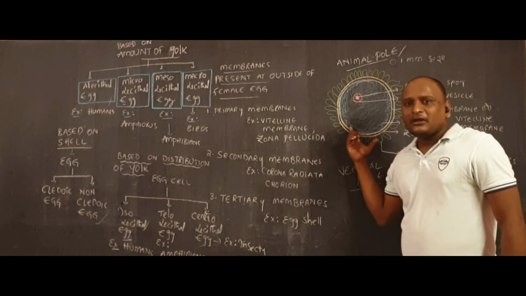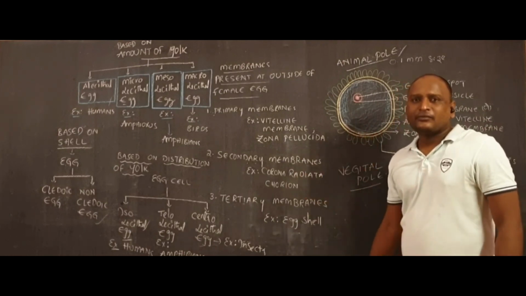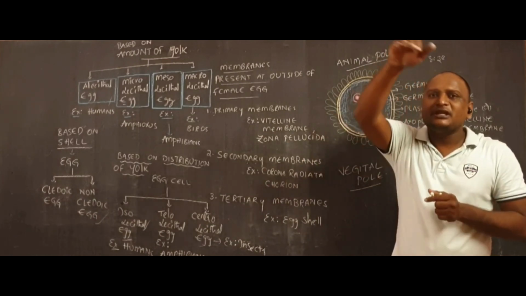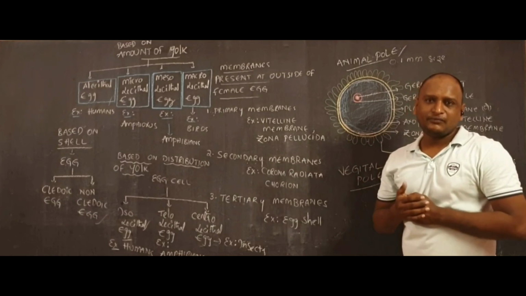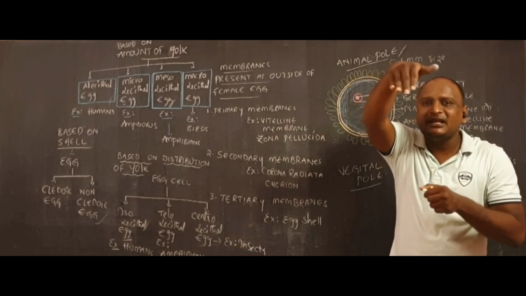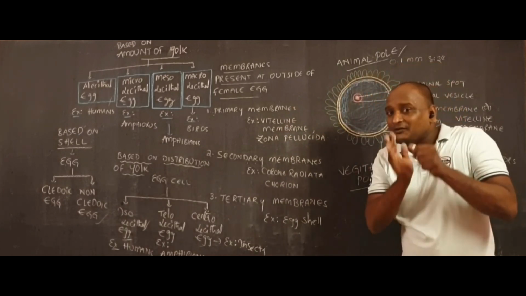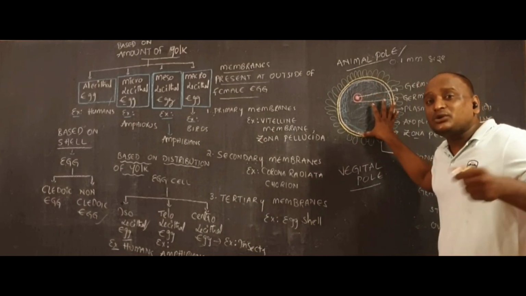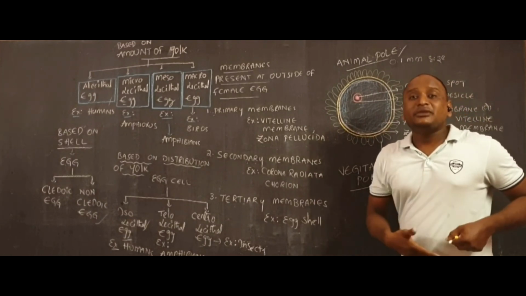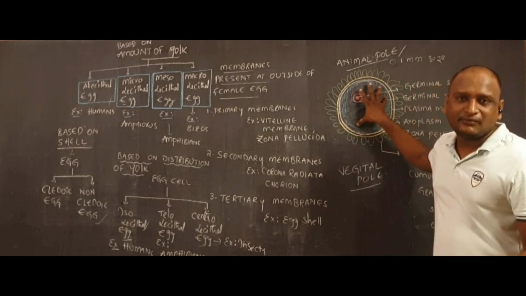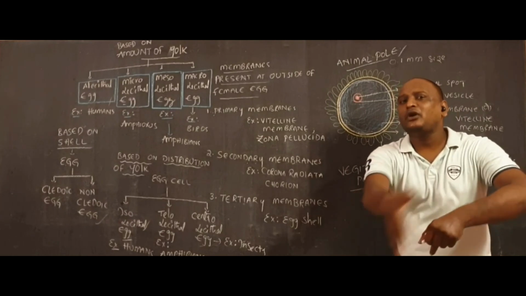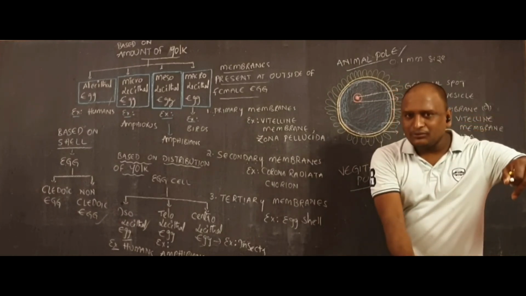And then it travels from the Graafian follicle or ovary into the fallopian tube and uterus. When it is traveling from the ovary to the fallopian tube and then into the uterus, first this egg will be released into the body cavity again. Inside the body there is an empty cavity. Into that empty cavity, this egg cell will be released. The egg cell does not directly enter from the ovary into the fallopian tubes. First it releases into the body cavity.